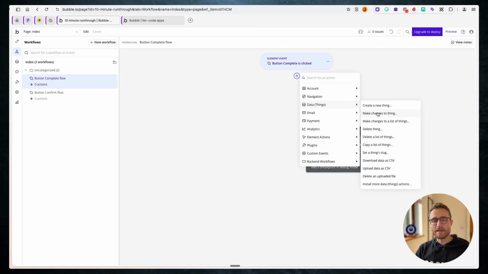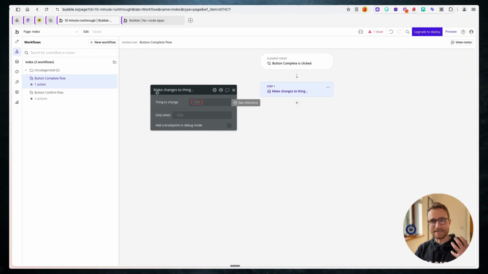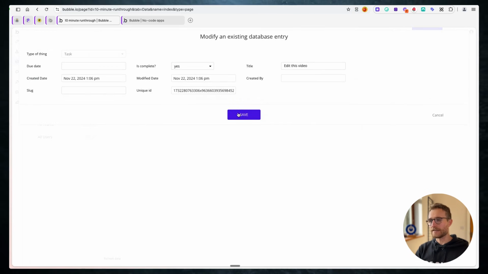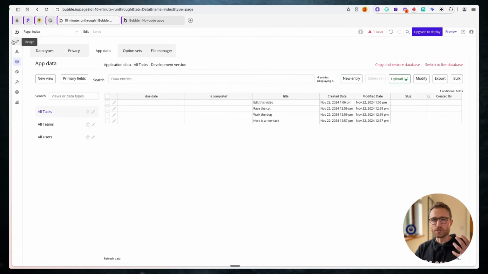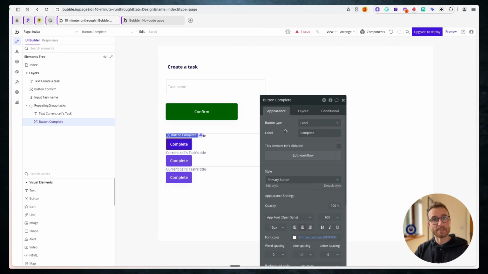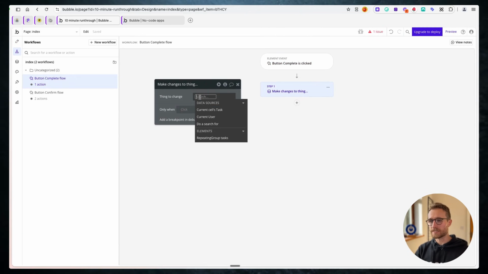use an action called make changes to a thing. This is going to modify an existing entry in the database. It's the same thing as me going in here and editing this video, marking this as complete and hitting save. But we're instead exposing the ability for our users to manipulate that data through an interface that we design for them. So going back into this workflow, make changes to a thing, we first select the thing that we